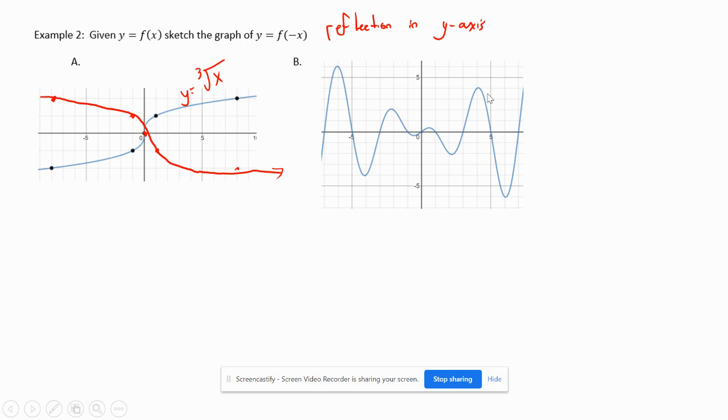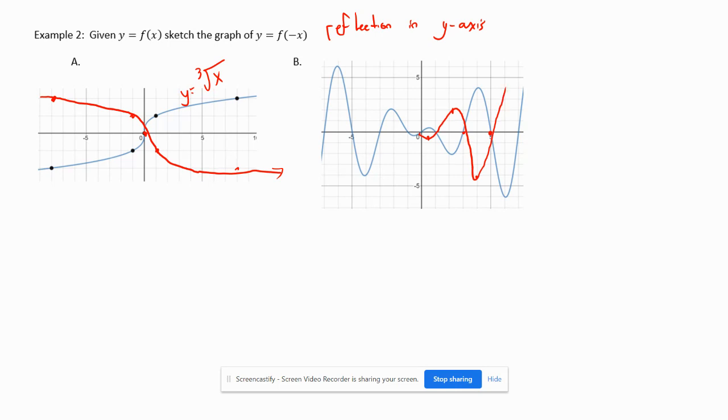Something weird happens. So this guy's going to come and be reflected here. This point of -5 is going to come to +5. This point is at -4, it's going to become +4 over here. This is -3, becomes +3. This is just left of -2, so it's just to the right of +2 over here. It's reflected over here. So far, this graph is going to look like